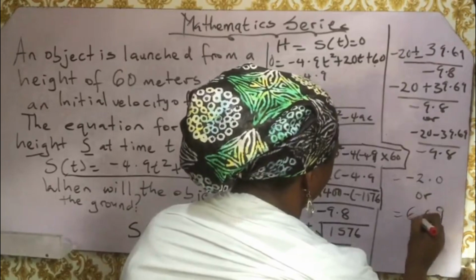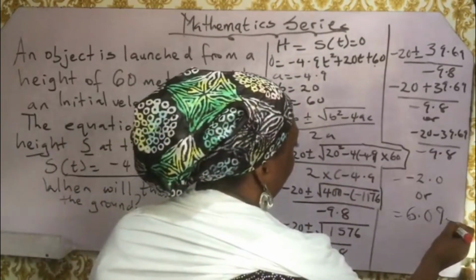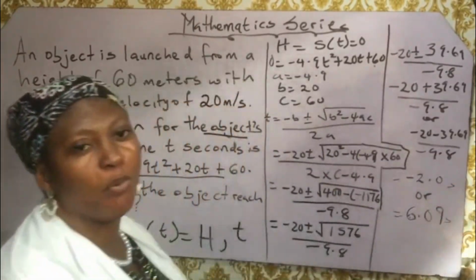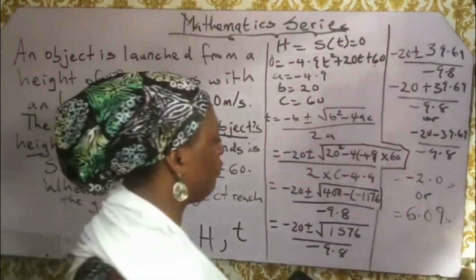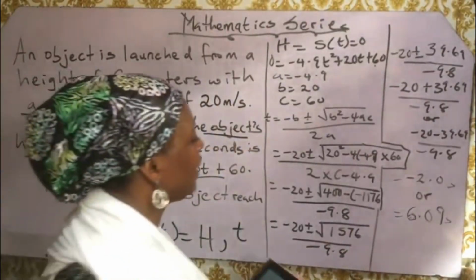Since it is time, the unit will be seconds. We know it's not possible for the time to be negative. So the time at which the object will return back to the ground is